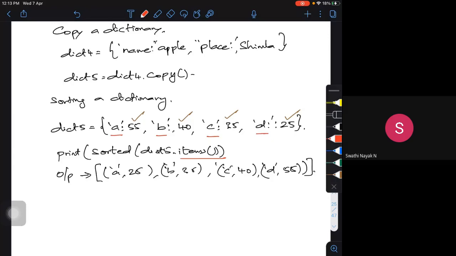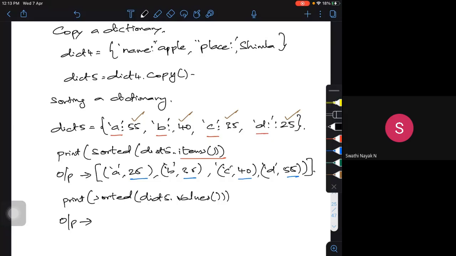If I print sorted of dict5.values(), I'm going to put only the values. My output will be only 25, 35, 40, and 55.